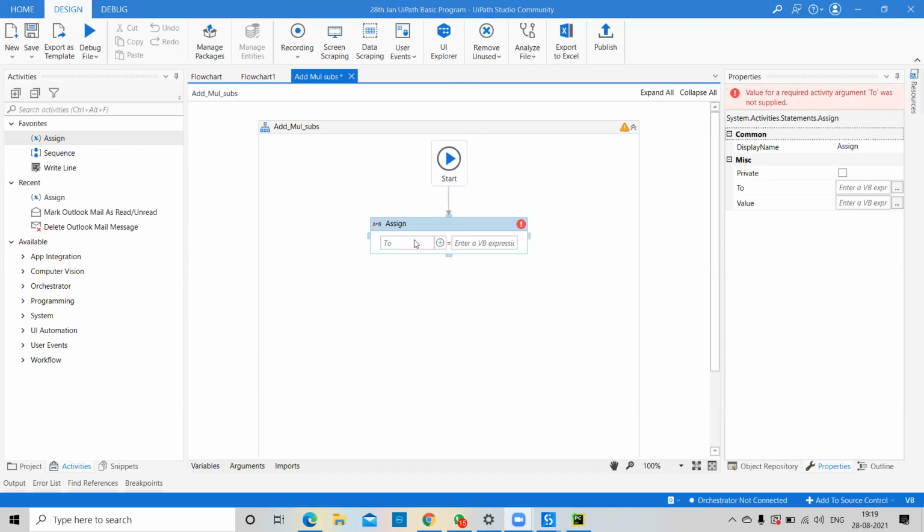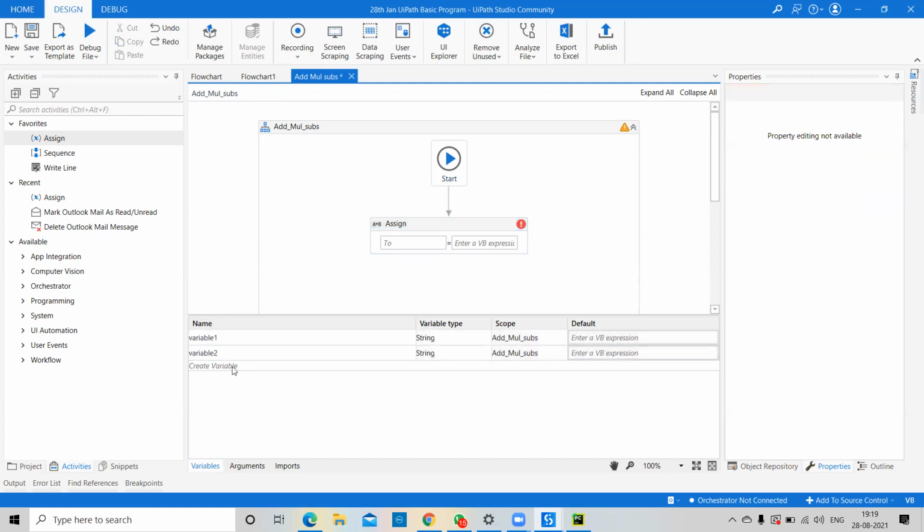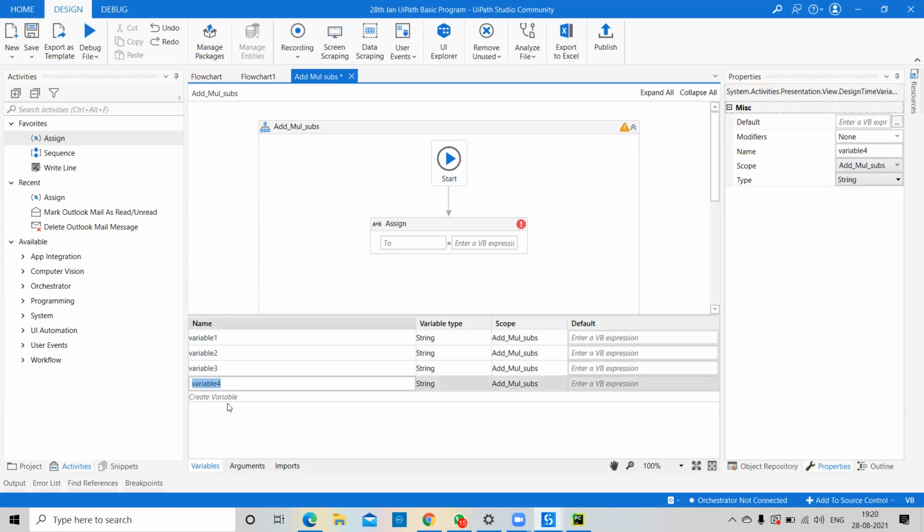Right now we have taken this activity, and now I am able to create the variable. Here you can see create variable, with a type like string or integer, and the scope is nothing but public and private. Public means, suppose I have created one body, that variable is specifically for that body. If you click create variable, automatically we get variable 1, variable 2, variable 3, variable 4. Automatically it will create.